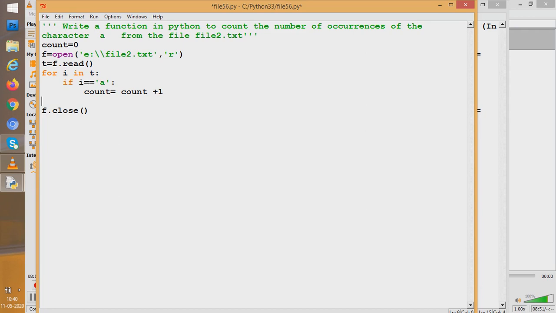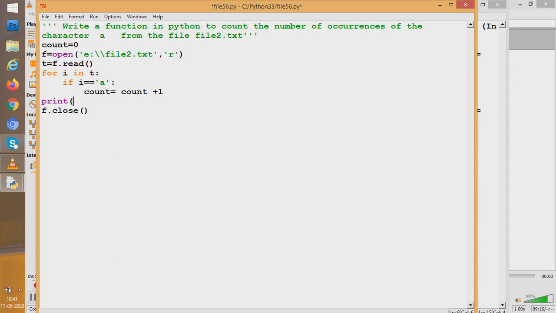So when the first occurrence of a comes, count becomes 1 from 0. When the second occurrence comes, count increases to 2. In this way, count is counting how many times a comes. And you come out after the whole of t has been kept in i and checked, that is, everything in the file has been read and tracked for the character a.